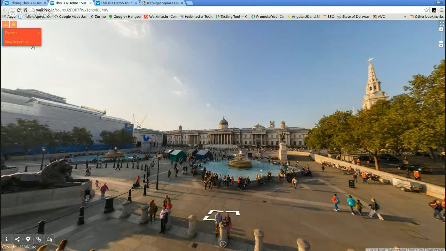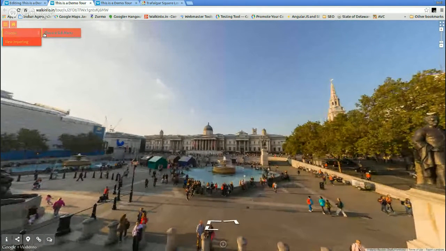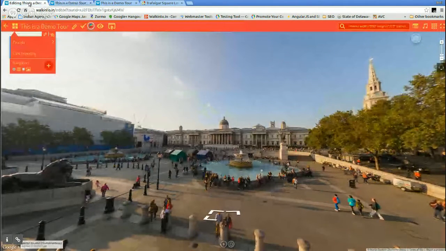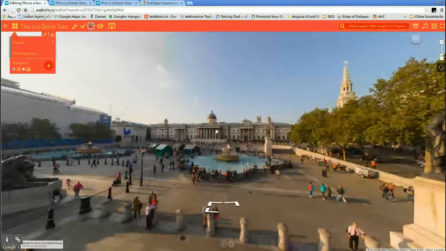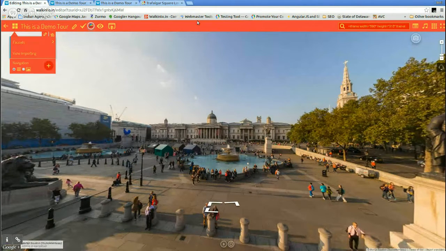All right, and there's the way in which our menus that we have created are coming up, which is very nice and natural. All right, so now let us play around a little bit with our tour cards, for example. So far we have imported scenes from Google Business View using the URL, Google Street View, Google Views using a direct link. There are other ways to search and find stuff, such as, for example, you can just type, say,